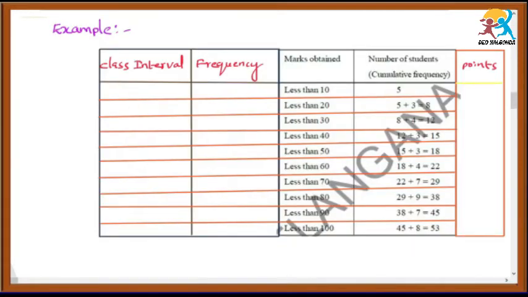Let us discuss one more question. In that you have to find out the median, but in the question itself you will be given only marks obtained and the number of students. So here the question will be like this, just see the table. Less than 10, the number of students who got below 10 marks is 5 students, and the number of students who got below 20 marks is 8 students, and the number of students who got below 30 marks is 12 students. Like that the table will be given.